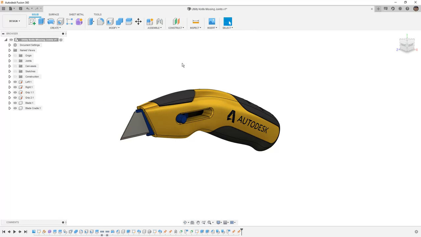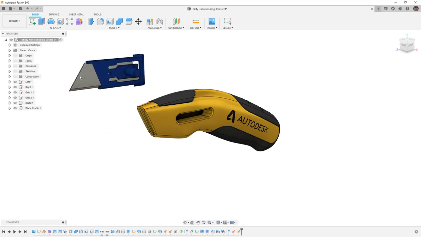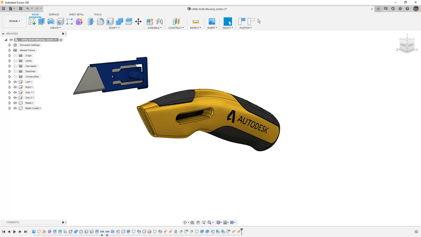So to get started, I think it's important that we identify what we're working with. First, note that 4 of the components are grounded, and 2 of the components do not have that pin icon, meaning they're free to move about. We also have a joints folder that shows a rigid joint or a rigid group. This means that there is a rigid group between the components, in this case the blade and the blade cradle. So this tells me that both of those move together as one, which we can see here when we try